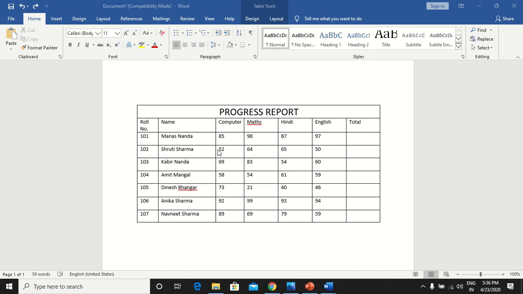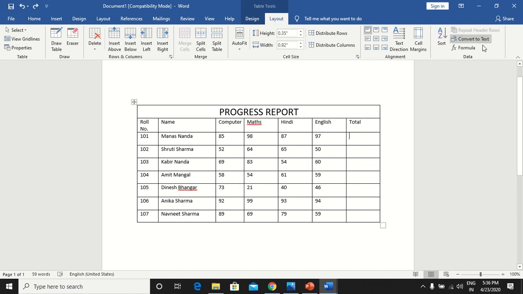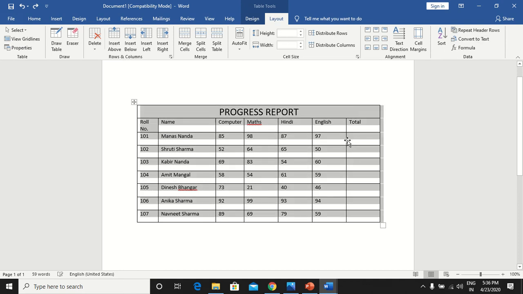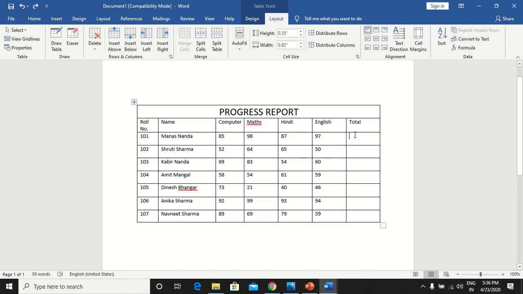Now what else I want to do? Children, now I want to show the total for the first student, Manas Nanda. So I will click on the Layout tab. First I will bring my cursor on this cell because I require the total on this cell. Now I will click on the Layout tab.